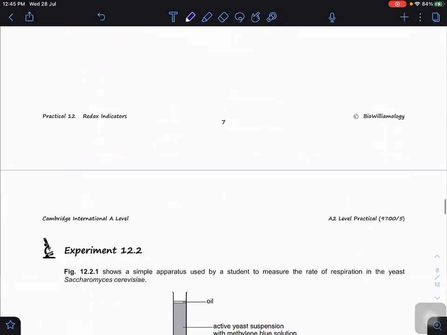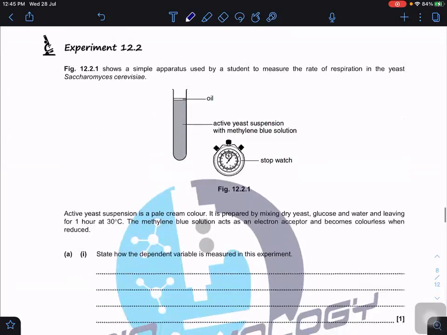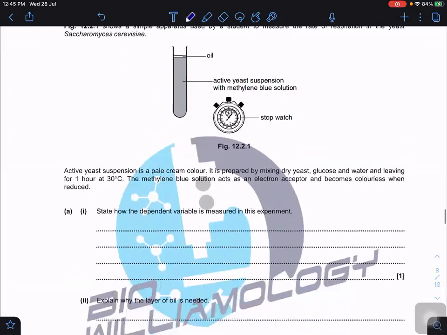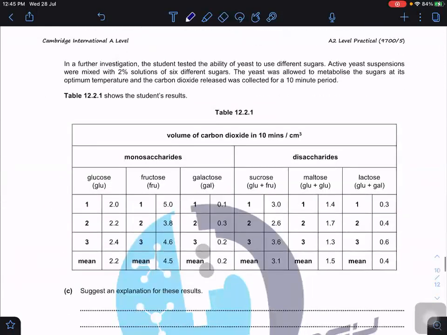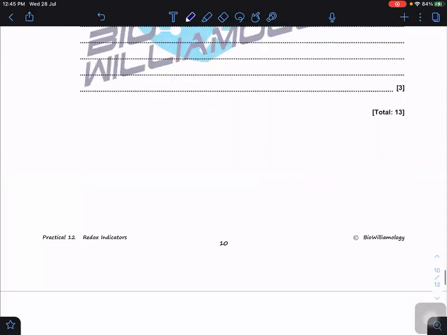So when done this one already, then you can continue with experiment 12.2, which is a past year paper. Okay, you can try this. Okay. So with this, I have done for the